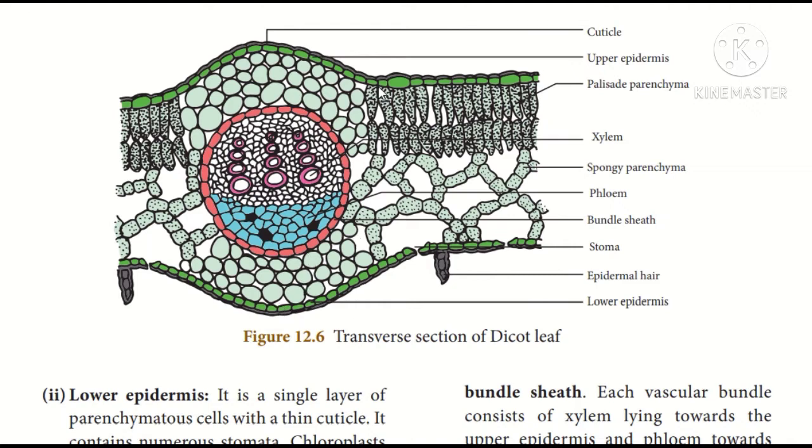The upper epidermis has a lesser number of stomata, and in the lower epidermis the stomata are numerous in number. More stomata are present here because the lower epidermis is in the shade and it is cooler, which means evaporation won't take place as much. The evaporation will be very little in the lower epidermis because it is not exposed directly to sunlight. So there is no loss of a large amount of water here, and the stomata are more in number in the lower epidermis.